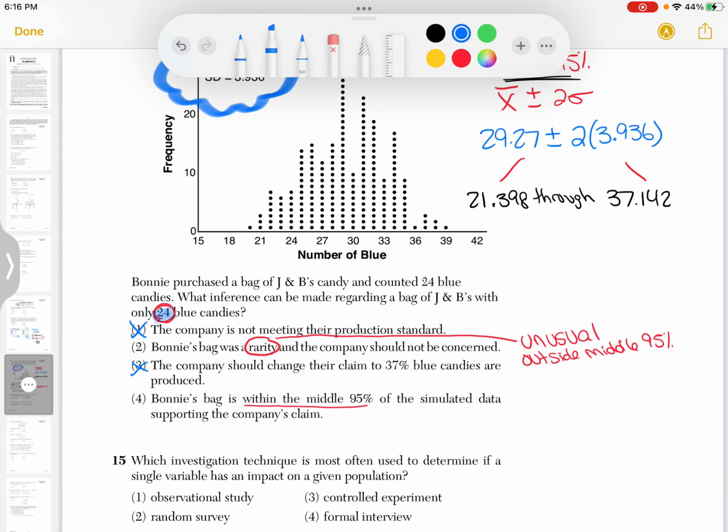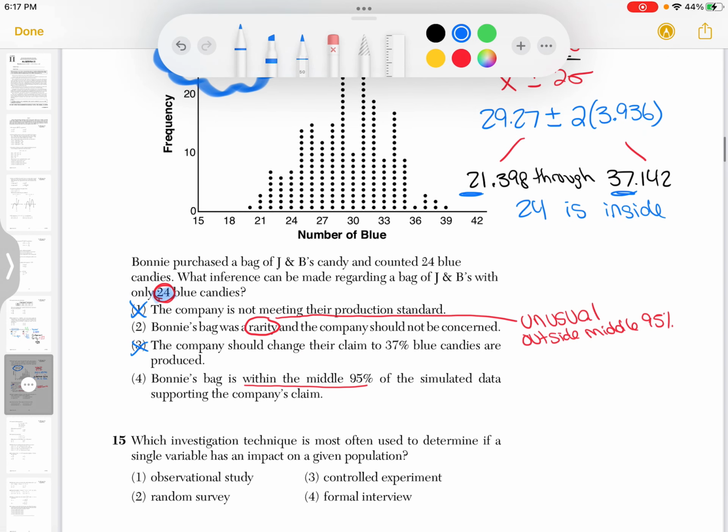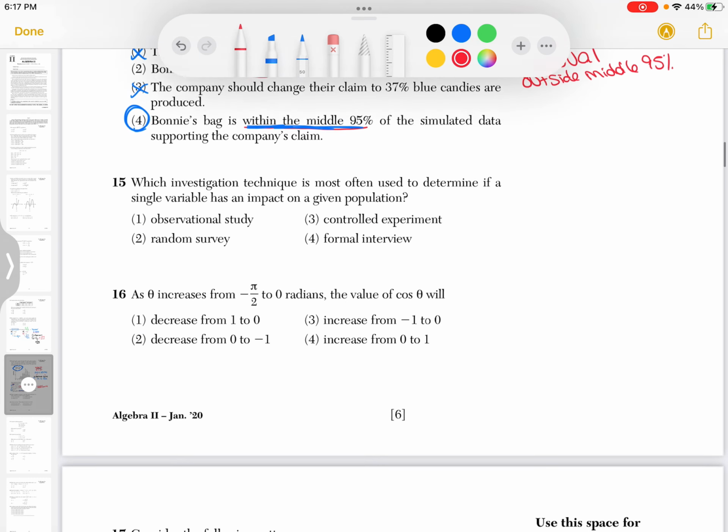24, I don't know why I just wrote a 9. 24 is inside of this interval. It goes from about 21 to about 37, and 24 is on the inside. If it's on the inside, it's this answer right here. It's within the middle 95, so it has to be choice 4. All